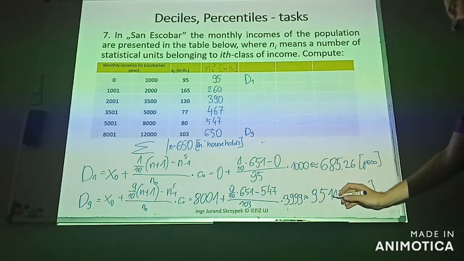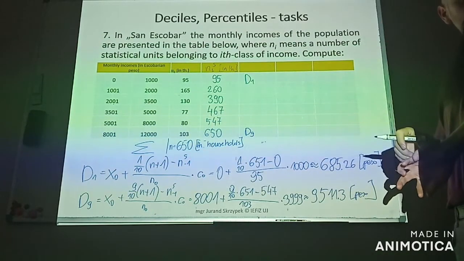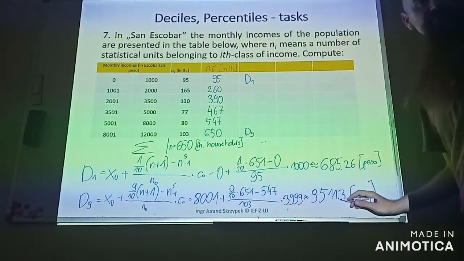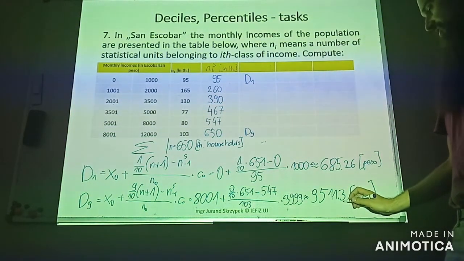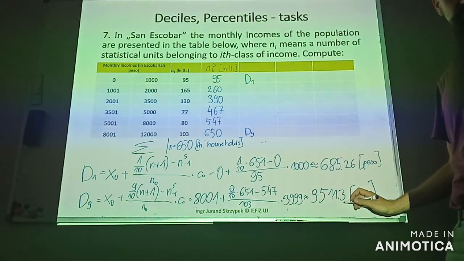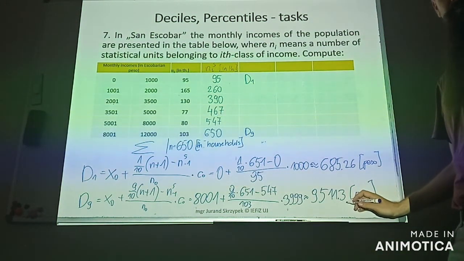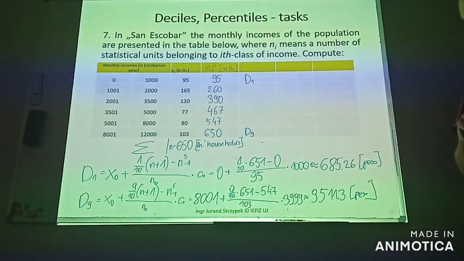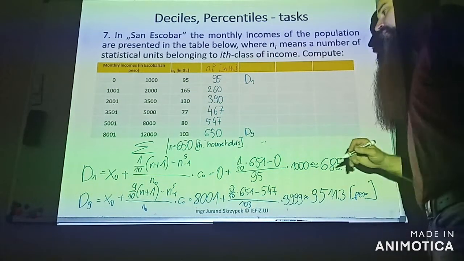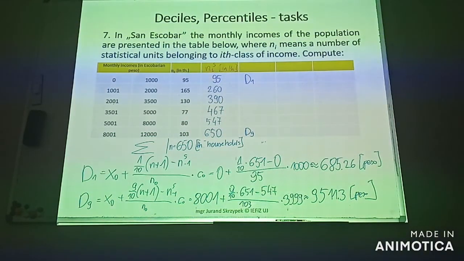All right, so we know that 10%. This is an interpretation. Please write it down. 10% of the most lucrative households achieve monthly incomes not lower than 9,511 pesos. Yeah? All right. So we have done the first command. In the second command,